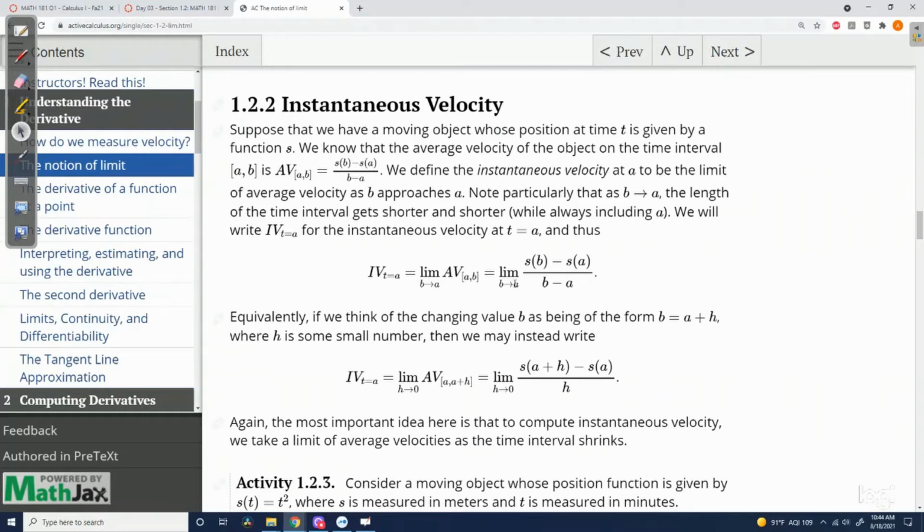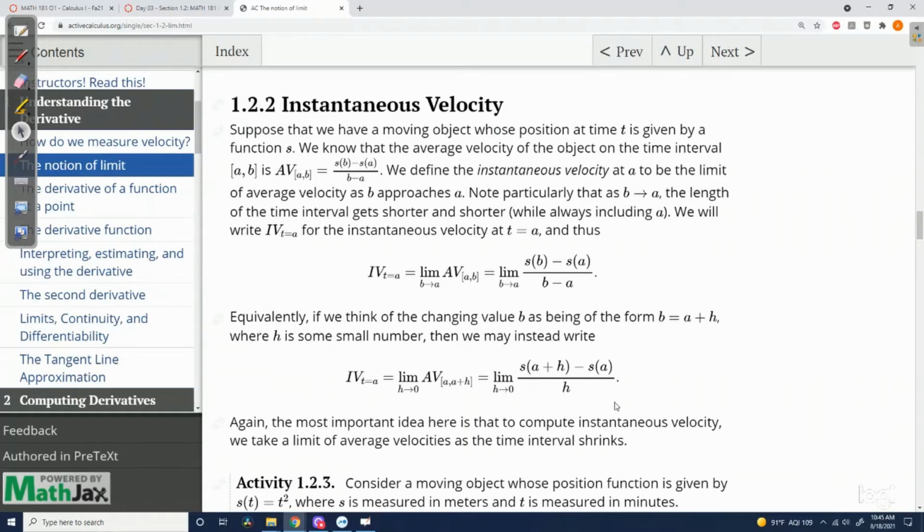And so the idea that we have, first of all, is that we can take b as the value v approaches a and plug into this formula. However, it kind of makes sense because we're thinking of smaller and smaller time intervals to try to capture that idea of a small time interval. And so what we do is we replace the b with a plus h, and this value h is going to represent a really small number. So we're looking at the average velocity between the time a and a plus a little bit, and then we're going to let the h go to 0. And that's what this second formula down here is. It's just another way of writing the same thing, but in a way that draws on our intuition of what we're actually trying to accomplish. We're looking at really small time steps, and so we can say h goes to 0